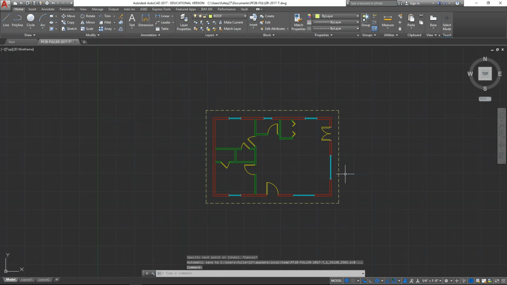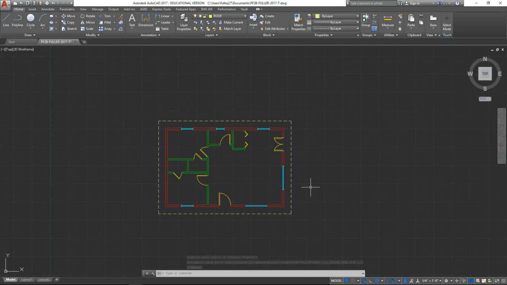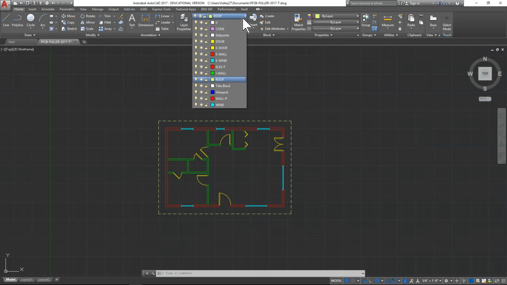It just makes it click to hit the enter button to escape the line tool or whatever tool, go wherever else you need to go to draw, click enter again to restart that previous command. So now I have my roof outline, and I want to go to the construction line layer,